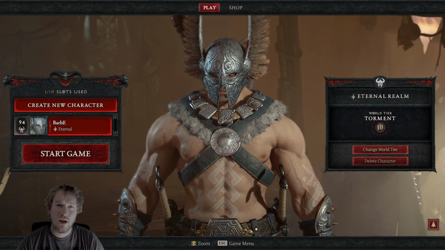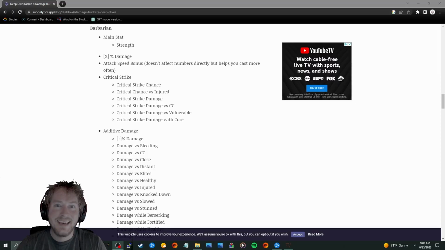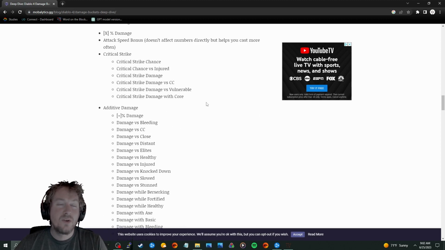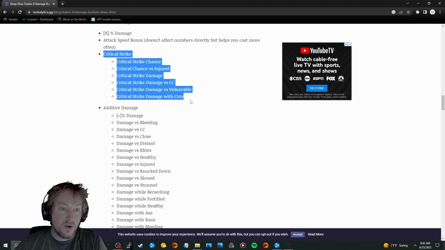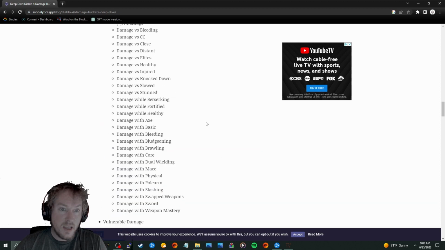Today I want to talk about 3 glyphs that are crucial for any barbarian in Diablo 4. Damage on the barbarian is going to fall into a couple different categories. You're going to have your main stat, which is strength, percent damage, crit strike, additive damage, and then you have vulnerable damage. So with that considered, your most important things are going to be critical strike, vulnerable damage, and then